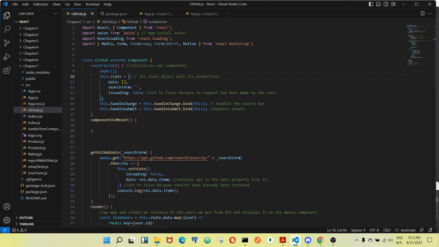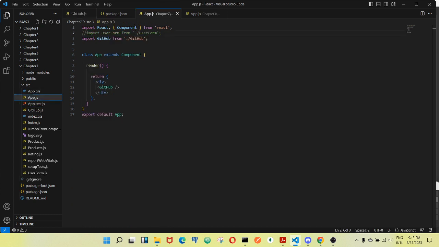So this is my chapter 7 review. So I'll start the review on our app.js, where we import our React component and then we import our